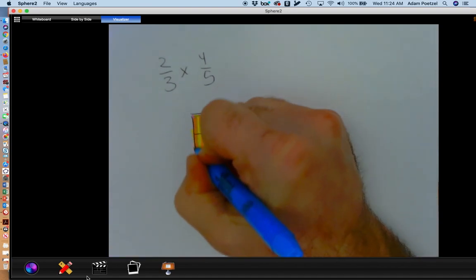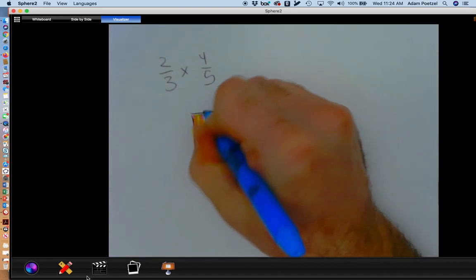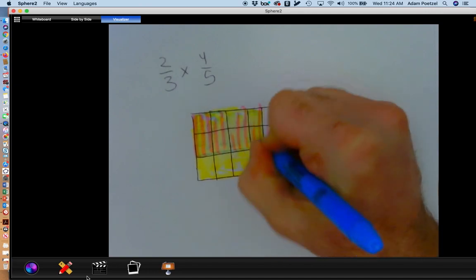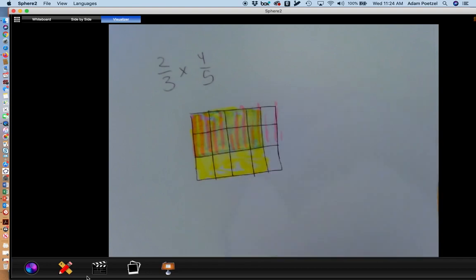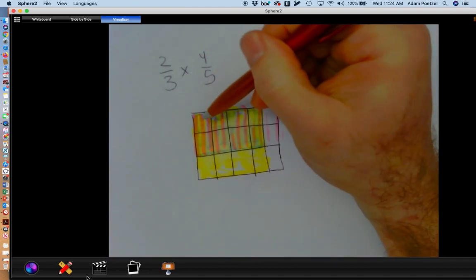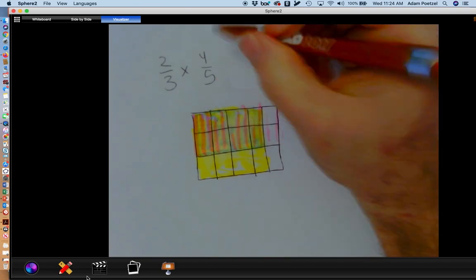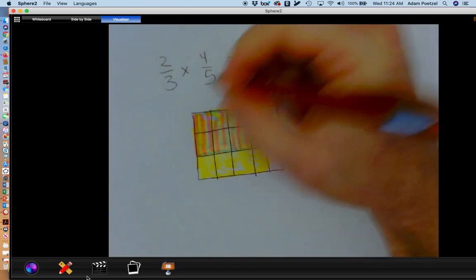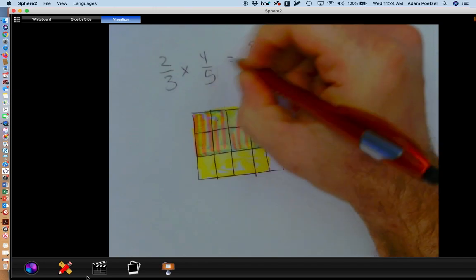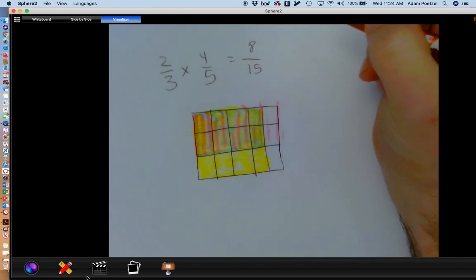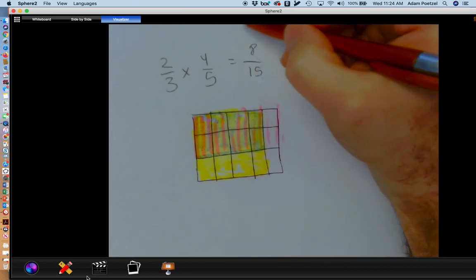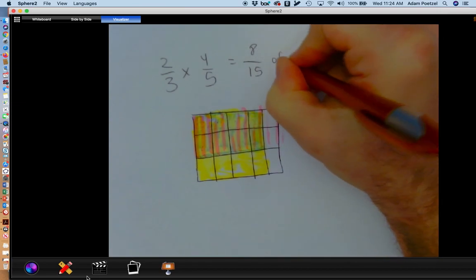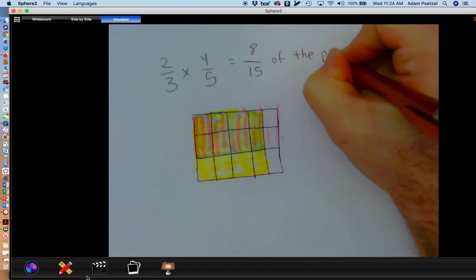But we see that 2/3 of the yellow amount would be the one that's overlapping right here. And that area where they're overlapped represents 2/3 of the brownies that were left. And how much is that? Well, we see that that would be 8 pieces. Out of the whole pan, there would have been 15 pieces in the whole pan of that size. And so again, the visual here just helps us see that she would have eaten 8/15 of the pan total